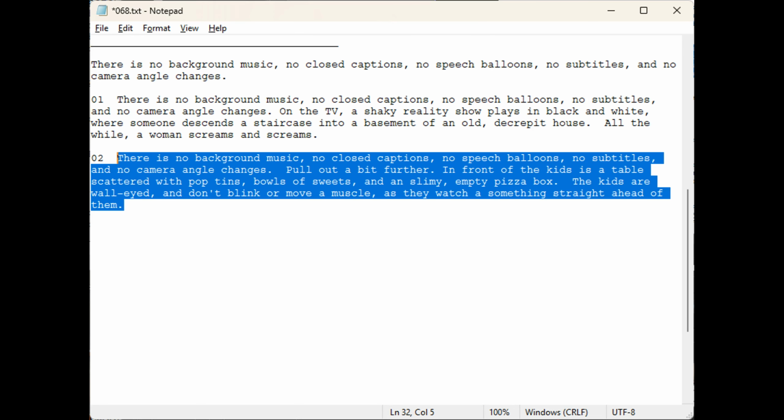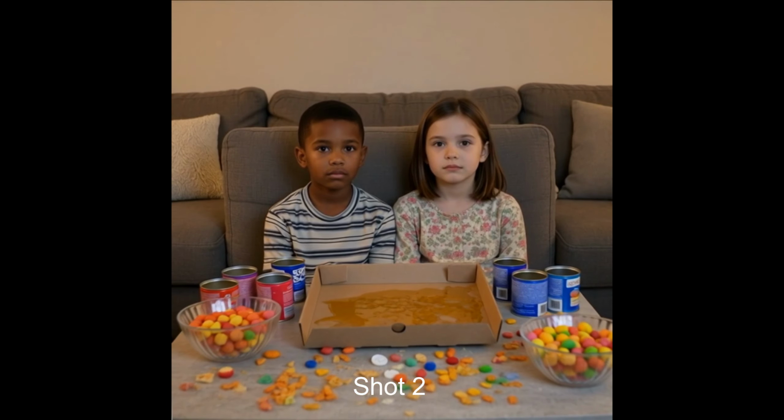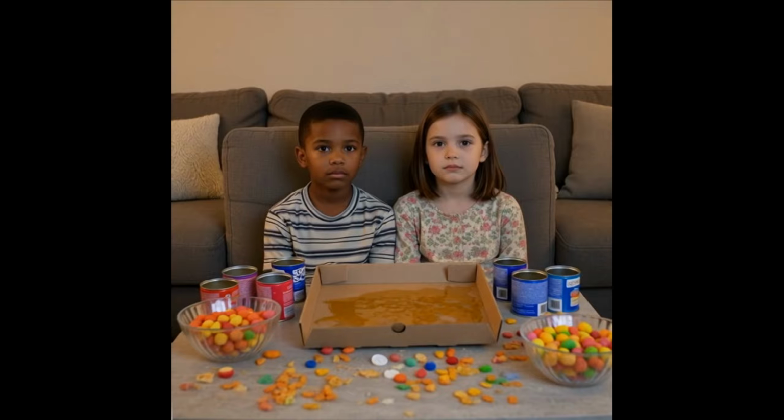And here's the final prompt to AI. Fortunately, this one also didn't take too many takes. We got what we wanted in maybe 2 or 3. Very good. Not much action, no dialogue. And just a smooth zoom out to show the table full of goodies in front of the kids as they